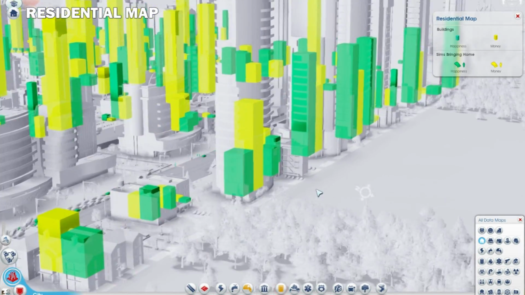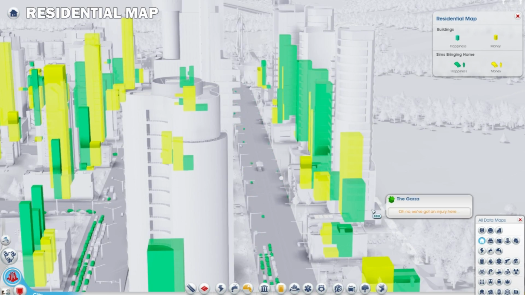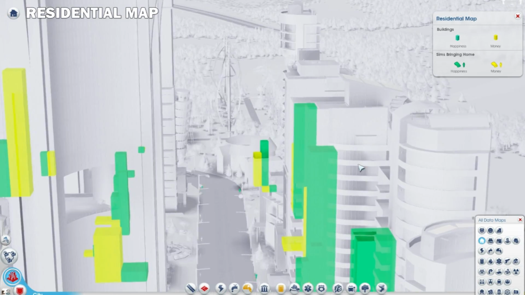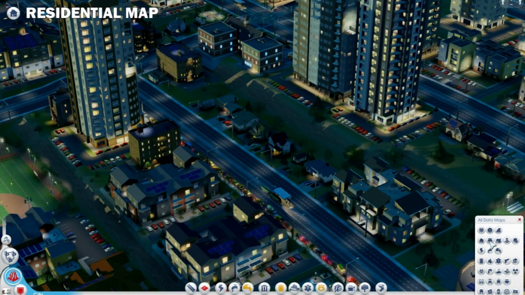With the residential map, you can keep track of the development of your residential zones. The 2 different color bars on each building show the amount of happiness in green and money in yellow the Sims in these housing units have. High wealth mansions will show the big amount of money that is possessed by the Sims that live in there,